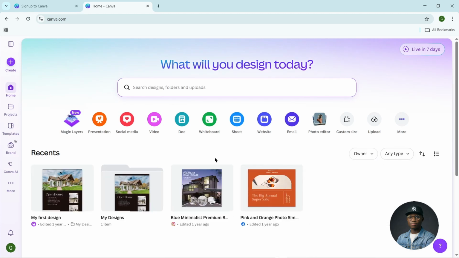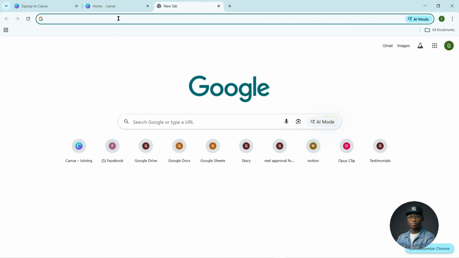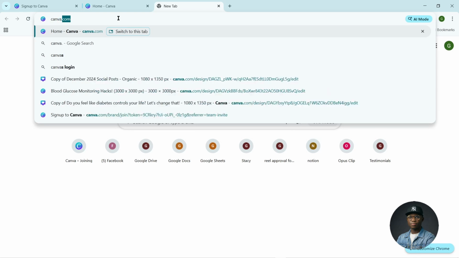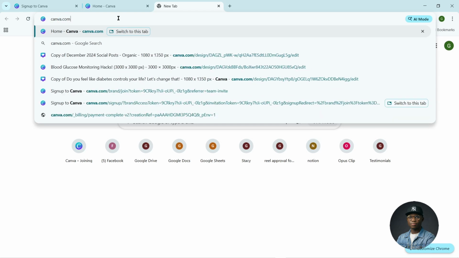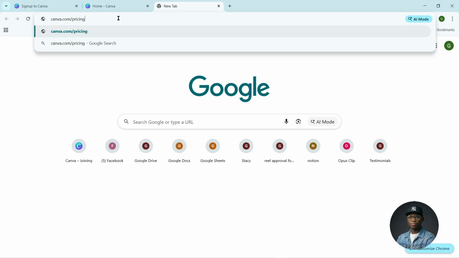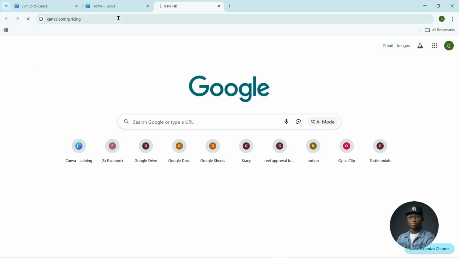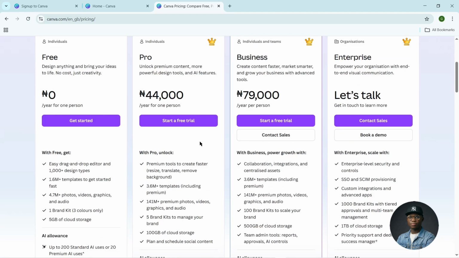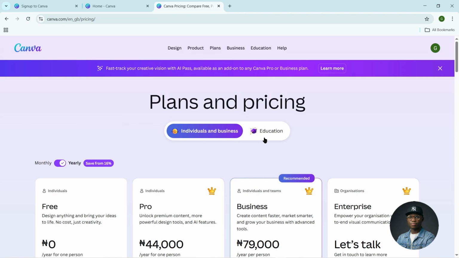Just before I go, for those of you that are using your smartphone, you may not get it as straightforward as this. So what you can do is go to canva.com/pricing. It's going to take you to the same place. Use your mobile, and it's going to take you to this page. So what you simply need to do is to select